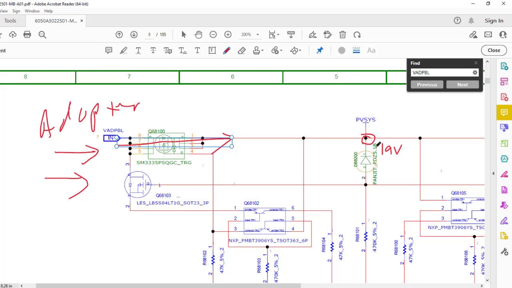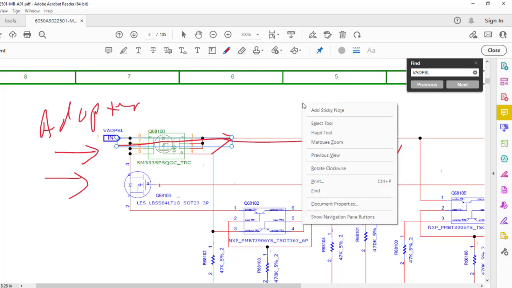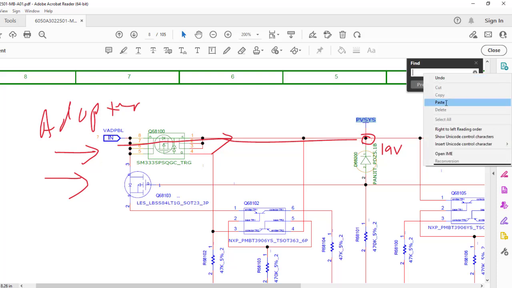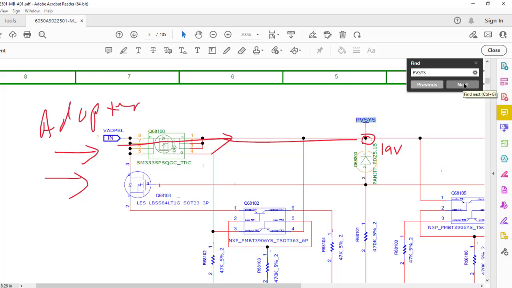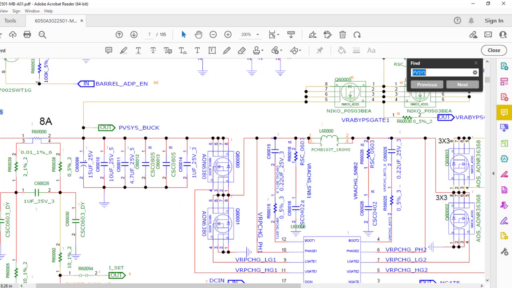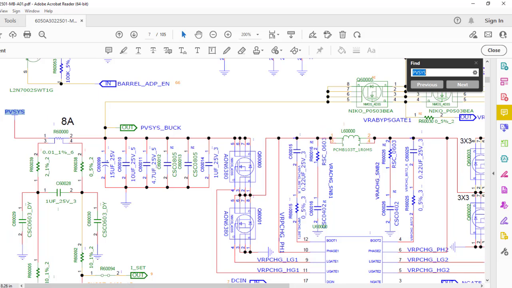The next is when the voltage is coming here properly, then this voltage is going to the buck boost converter. So what we'll do is we'll select this signal, copy this signal, cancel the prehistory data, paste here, click next, next, then next. You can see now, bring me on page number 7, where here is a buck boost